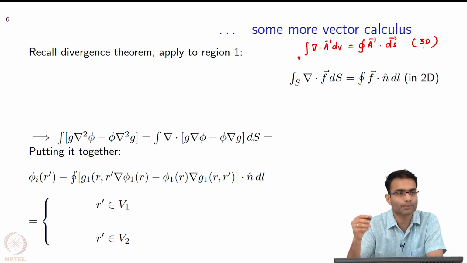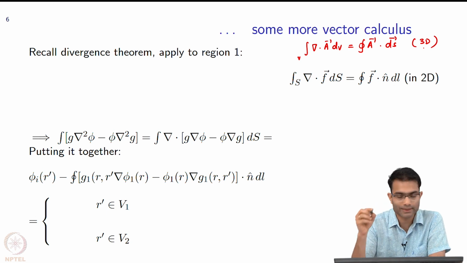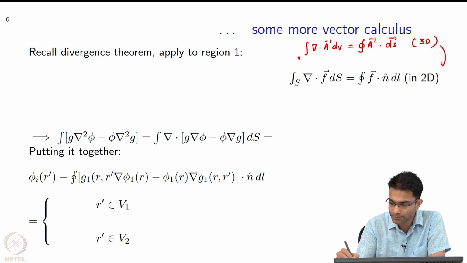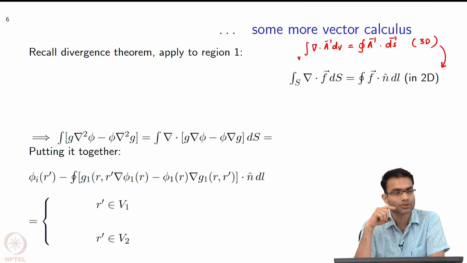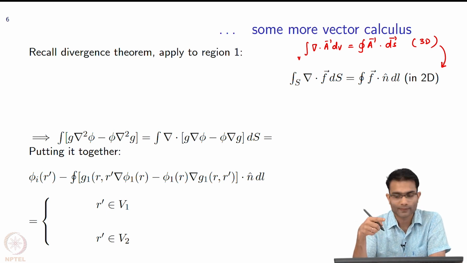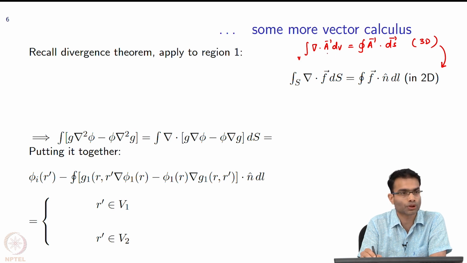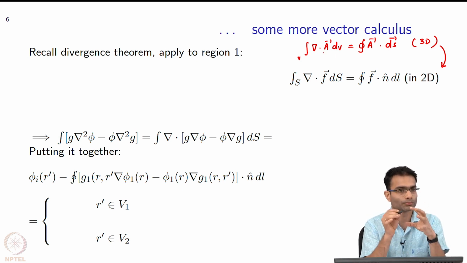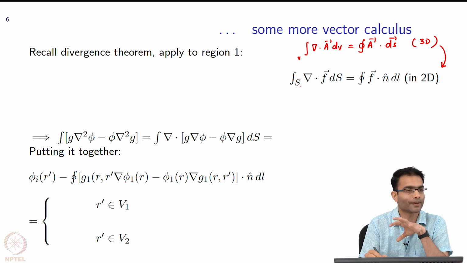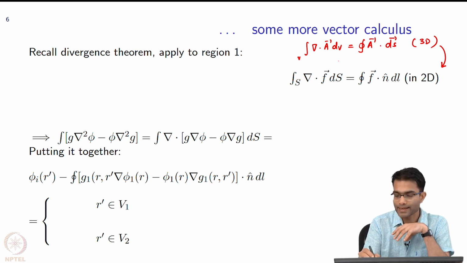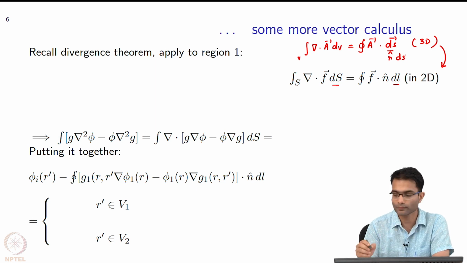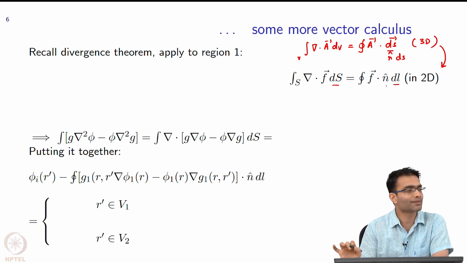Okay? So, since our problem is actually 2D, not 3D, the divergence theorem gets simplified in 2D as follows. I have to drop one dimension. This volume was a closed, finite volume, so it will become a finite surface, and dV will become ds, and ds will become dl. And remember, this ds was nothing but n hat ds, like this. So, this is your divergence theorem